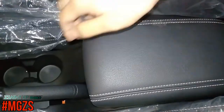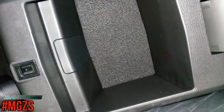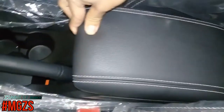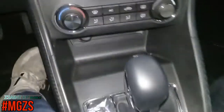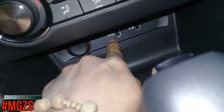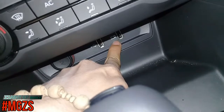Nicely leather padded center armrest with some white stitching on it, and underneath you have your perfect size amount of storage area. Hand operated parking brake, 2 cup holders, more storage right there, power outlet, USB input for your infotainment display, your USB input right here for charging,